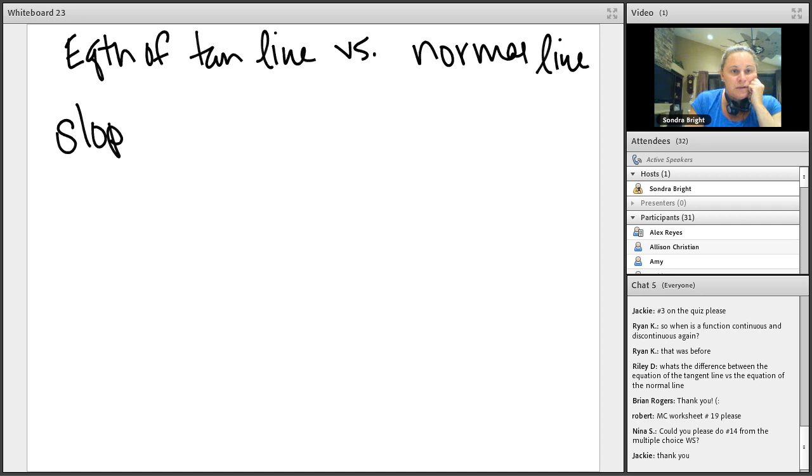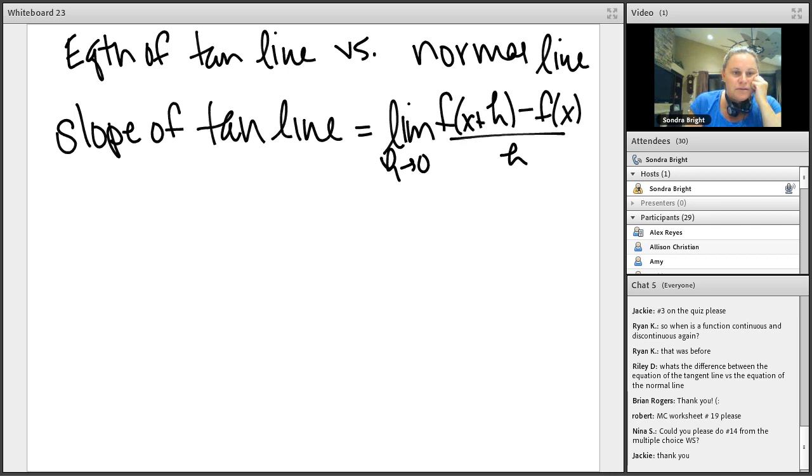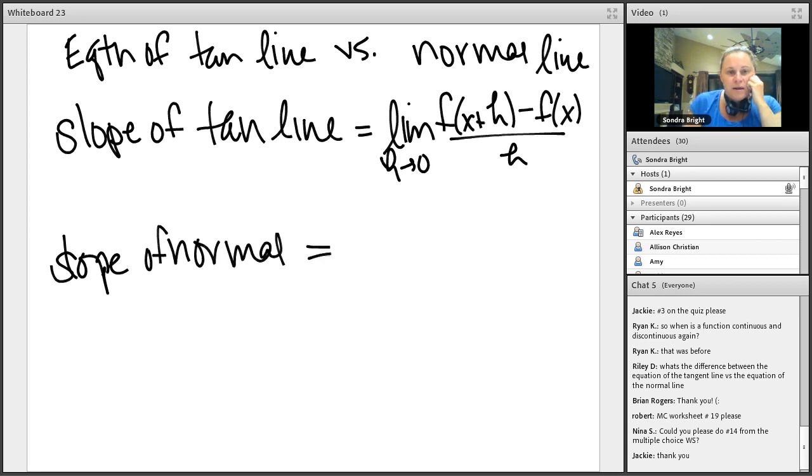The slope of the tangent line is the whole limit as h goes to 0 of the difference quotient, right? And the slope of the normal line will be the opposite reciprocal slope